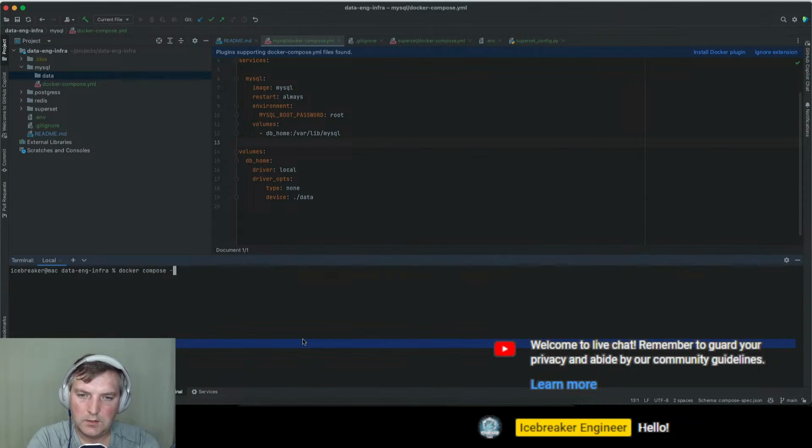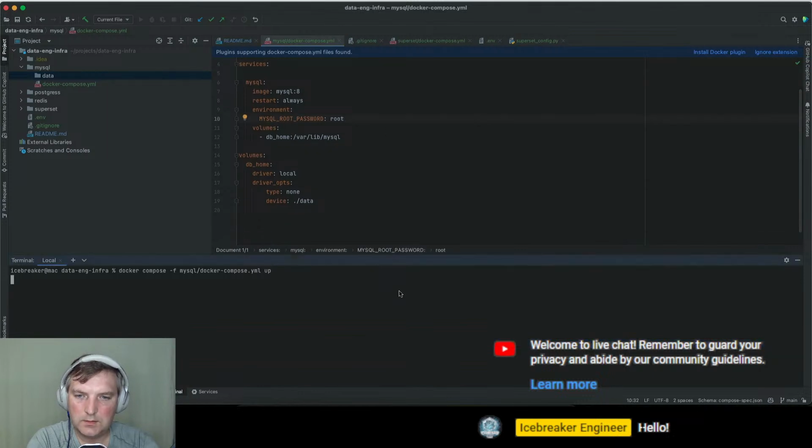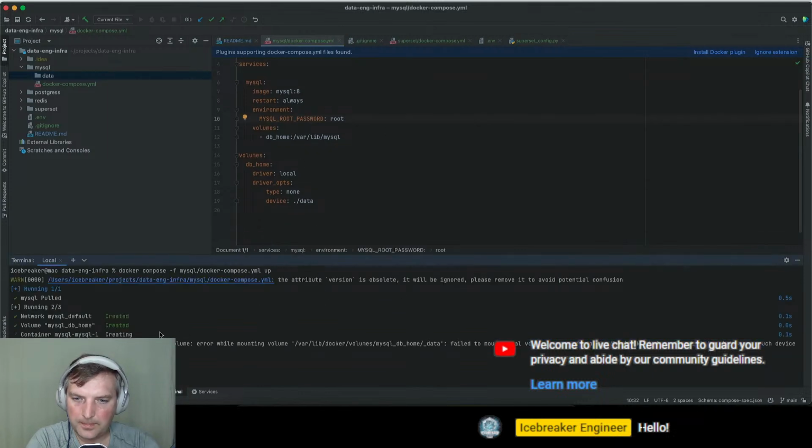And now if I go Docker compose, and let's go MySQL Docker compose up. Let's make sure we're loading the service, and this is the root.